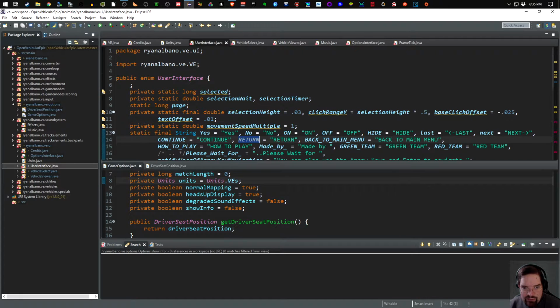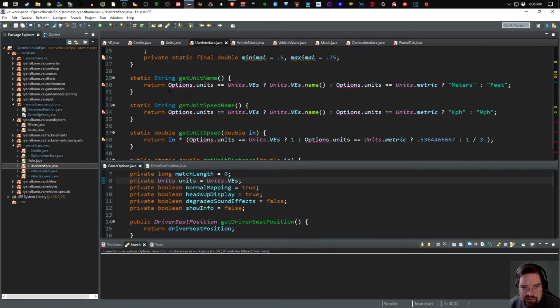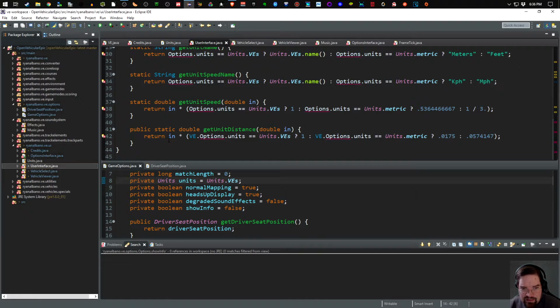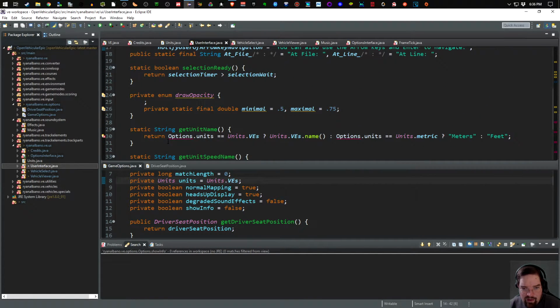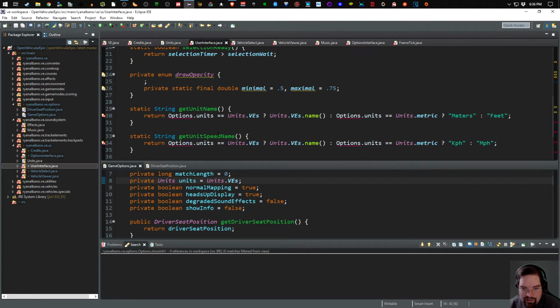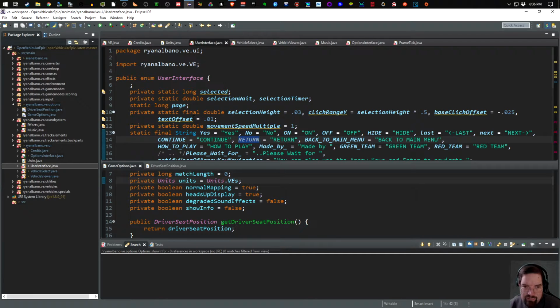we should have some actual real OOP going on here, I feel like, because there's a lot of statics in here that really don't need to be what they are. They don't need to be statics, so let's fix this up. We're going to fix this up right now because we've moved this over into user interface. So first of all, let's make this a class, what it should be. We're going to make this an abstract class because there's no